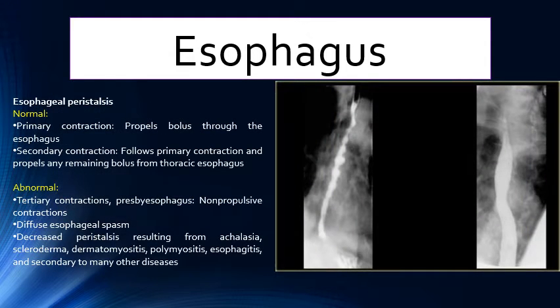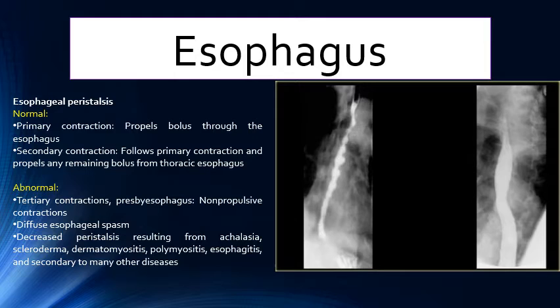As regards the esophagus, we have a normal peristalsis, including primary contraction and secondary contraction. The primary contraction is the first bolus moving through the esophagus through contraction above and relaxation below, and then the area below becomes contracted and the area below that becomes relaxed, and so on. The secondary contraction follows this primary one to make sure that the esophagus is empty, moving all the food inside. But if we have an abnormal movement or abnormal contraction, like tertiary contraction, which is useless but